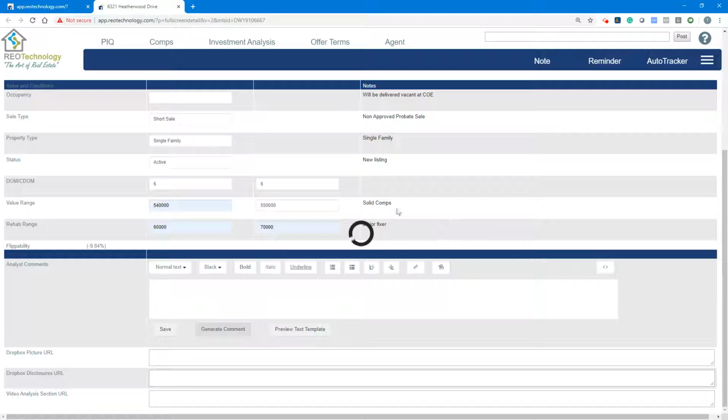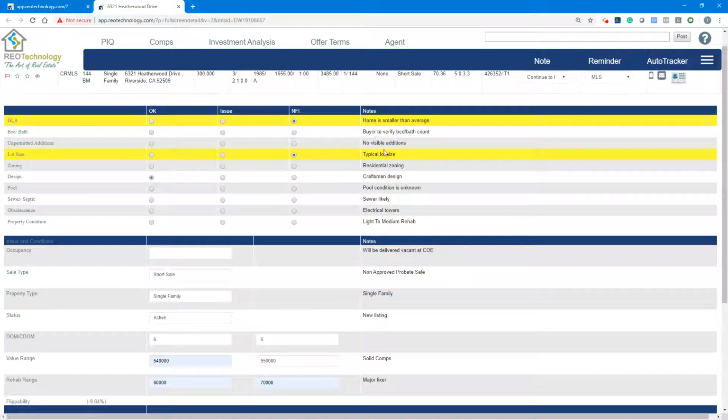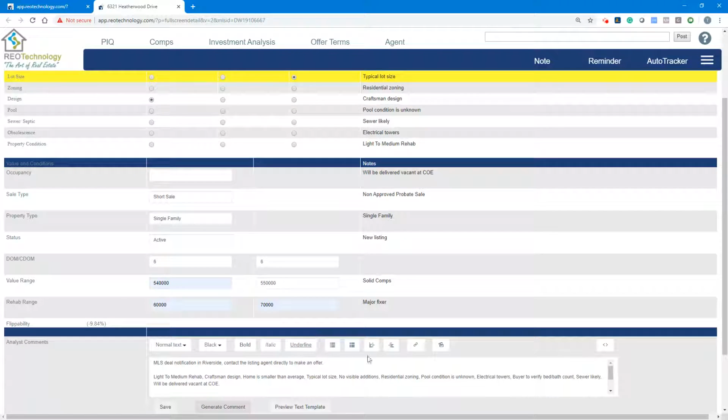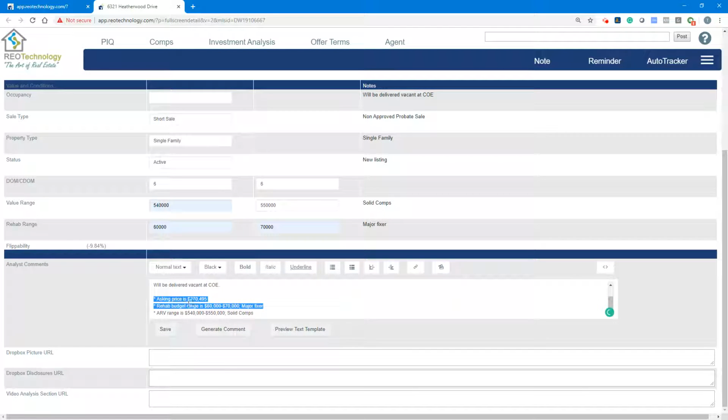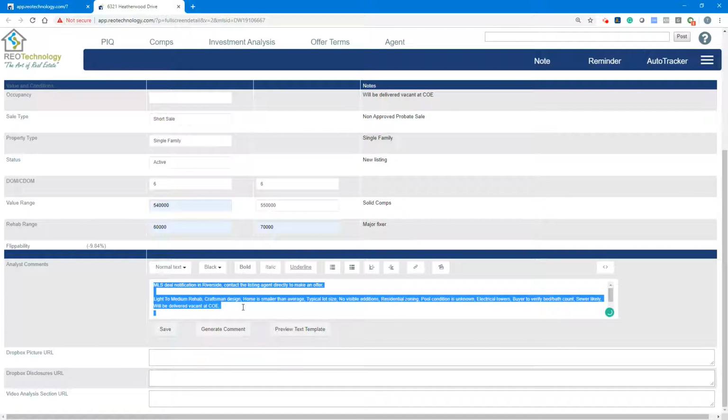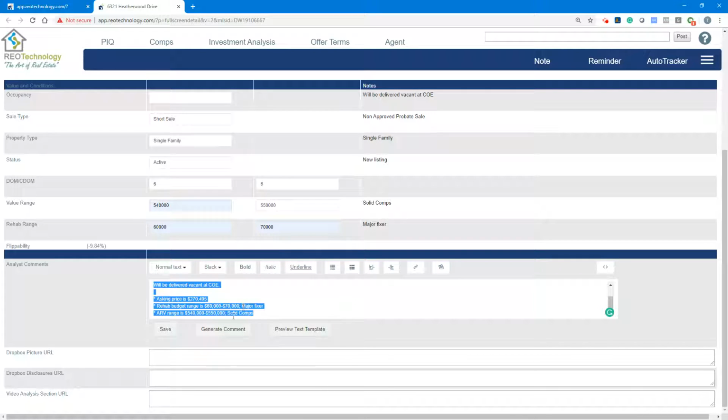And now you're going to see why this information is important, because this data now has created an actual description of the property. It says light to medium rehab, craftsman design, home is smaller than average, typical lot size, no visible additions, residential zone, pool conditions unknown, electrical towers, buyers to verify, bath count. So you actually created a readable description of what this property looks like. It gives you the asking price, it gives you the range. So now you have a very brief but data-rich description of the property that can be used as a comment